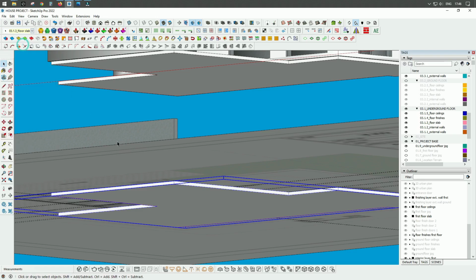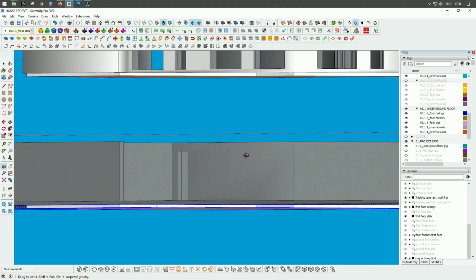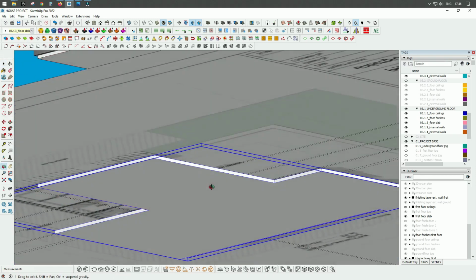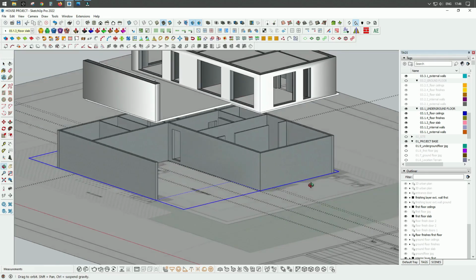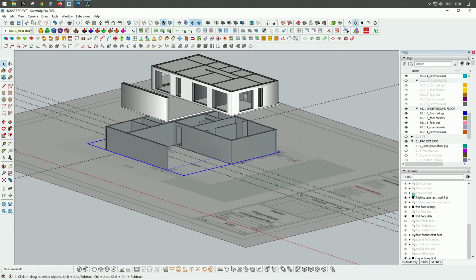This is our tag for the underground structural slab. So now I can hide this reference